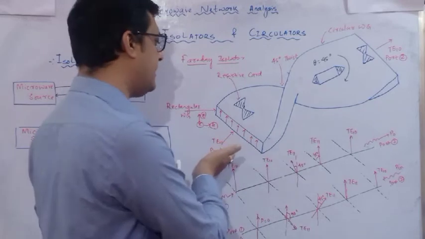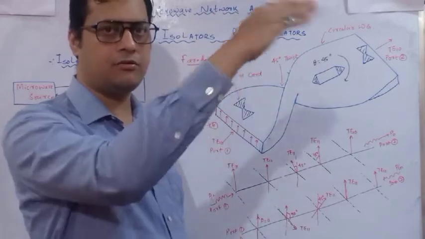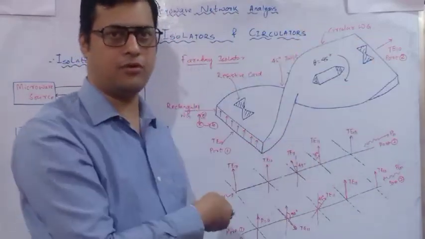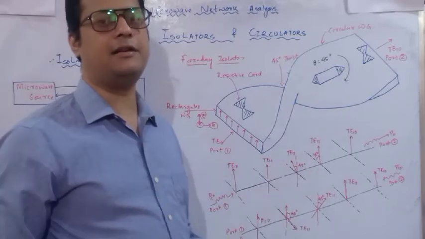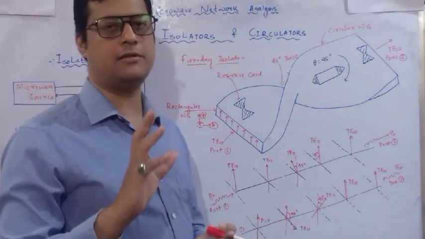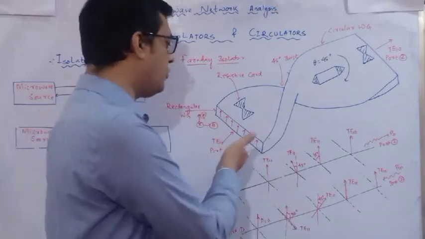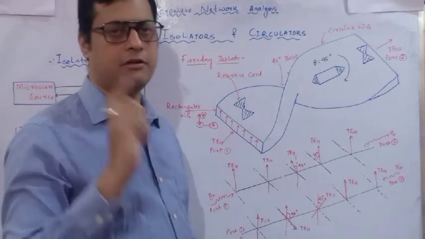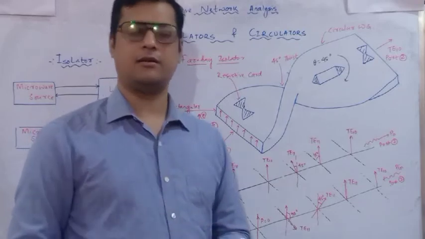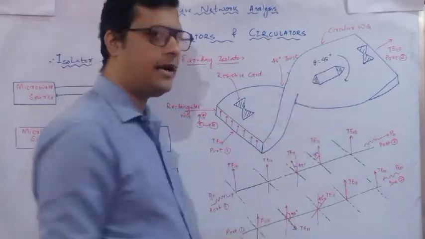Suppose port 1 is fed with power, at port 2 we will get the same power. But if the power is reflected back from port 2 to port 1, the electric fields are going to change direction, be cancelled out and suppressed with the help of this property, and then no output is available at port 1. So first, it is a unidirectional device. Second, it is a two-port network. Third, it consists of three elements, two resistive cards and one